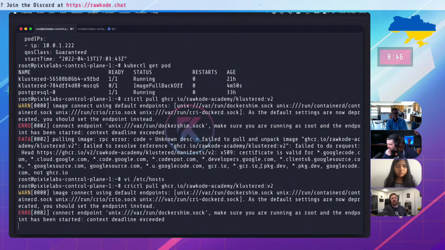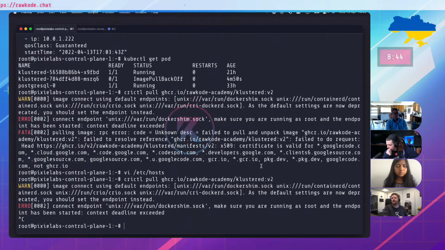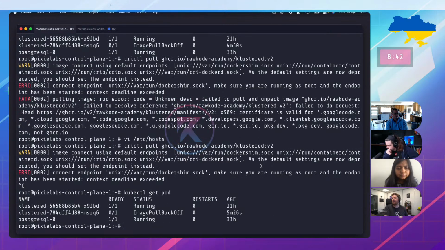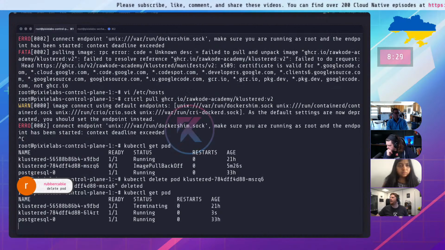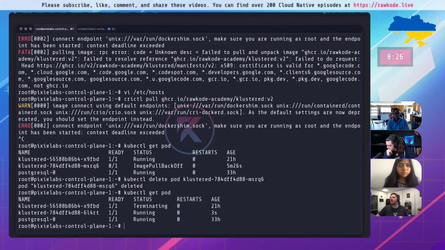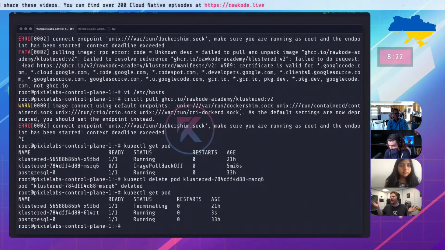So what happens when you run get pods now? Maybe try deleting our back off pod. Yeah, rubber cable in the chat with the same suggestion there. Good call. Hey, it's working. Or it's maybe working, right?